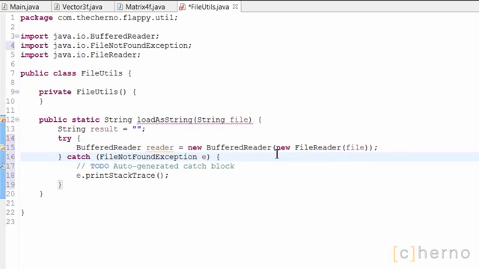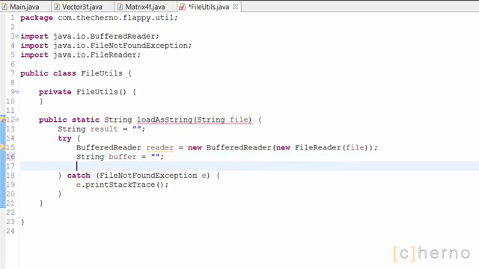Great. The way that we're going to read our file is line by line, so we need to create a string that will hold a temporary line that we're reading. I'm going to call this string buffer, but another suitable name might be something like line. Now we need some sort of loop to read every line there is in the file we're loading. We can use either a for loop or a while loop, but I'll use the latter because it's slightly easier